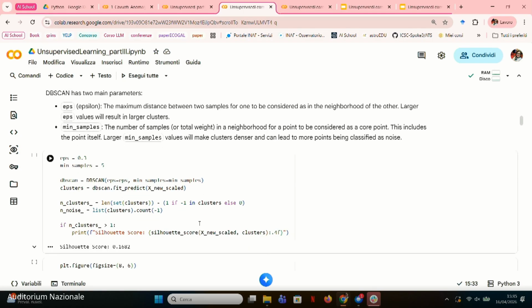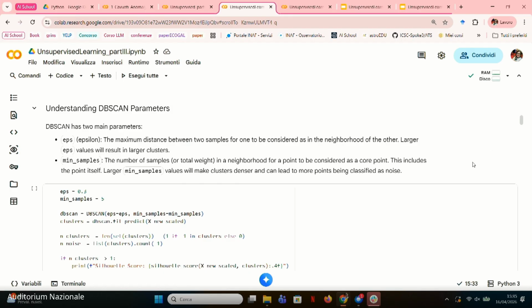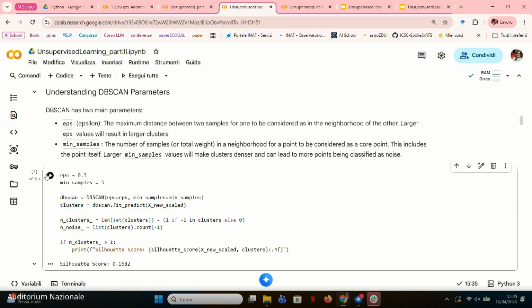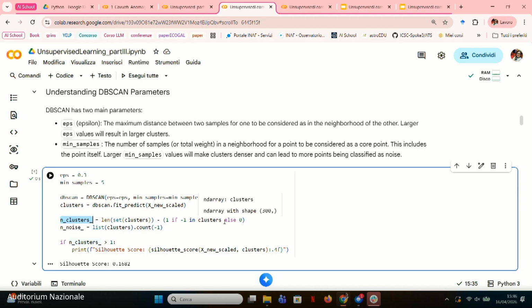And so this is how we implement DBSCAN. Here is the simple way to create the DBSCAN model, passing these two parameters, and then here we fit the scaled data that I called X_new_scaled. And when we run this code, we perform the clustering, and at the end we have these two variables that give us the number of clusters, how many clusters DBSCAN has found, and the noise,